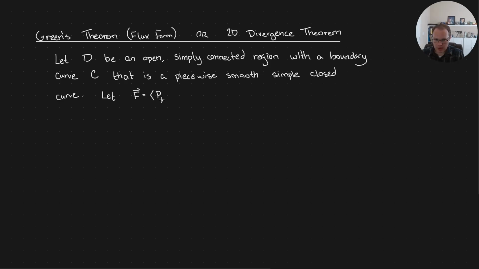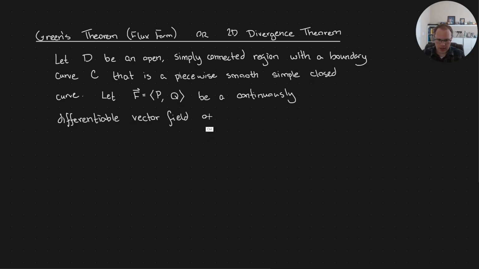Let's have it have components P and Q. Be a continuously differentiable vector field on, say, over D. Then,